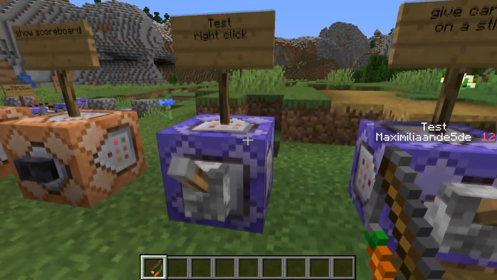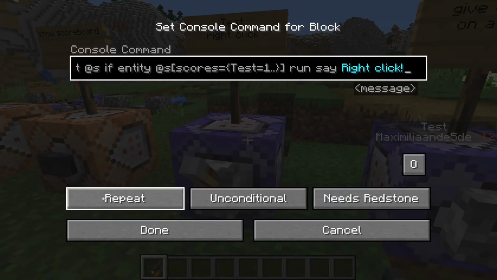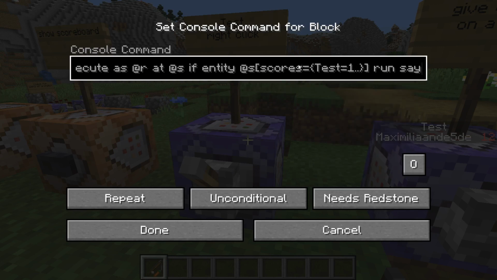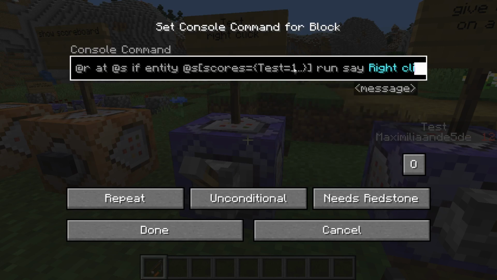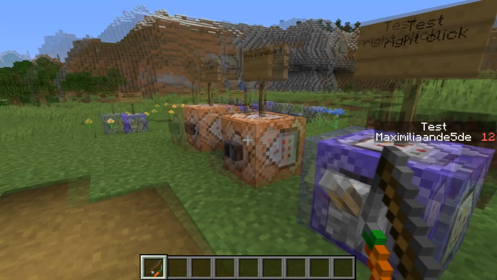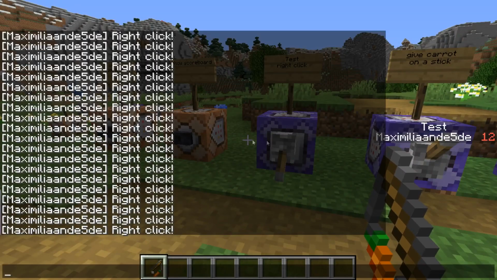Then next we have the command block over here. That's a repeat command block, and so this is an execute command, and it executes as a random player in your server, and it's gonna execute at that player as well, and it's gonna execute if our targeted player has a score of 1 or higher with test. So if they have right clicked 1 or more times, then it will say right click. So let's activate this. As you can see, since my score is higher than 1, it will say right click